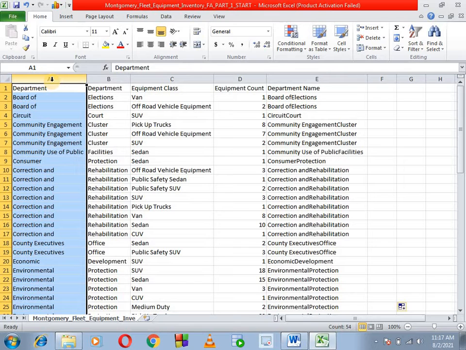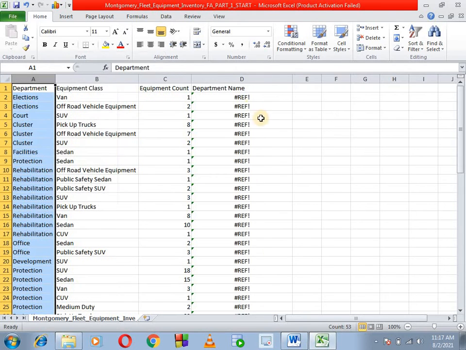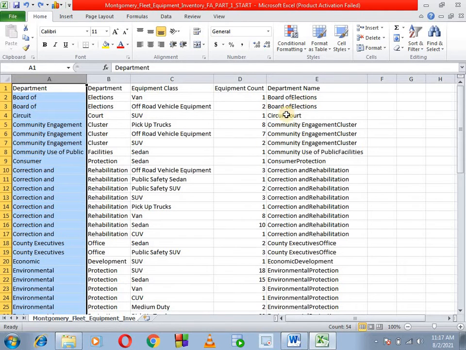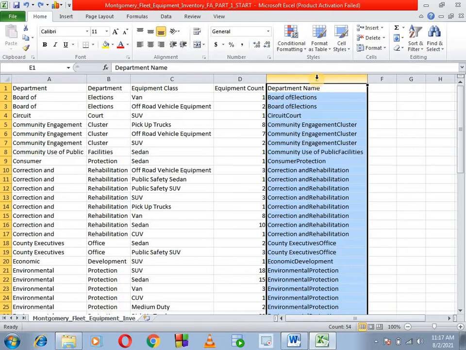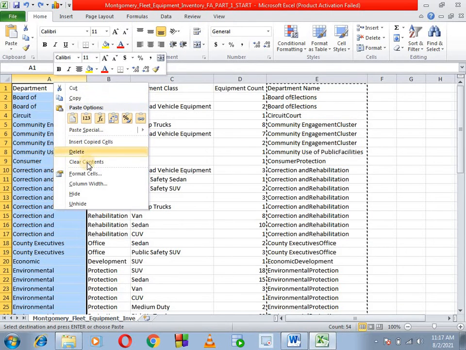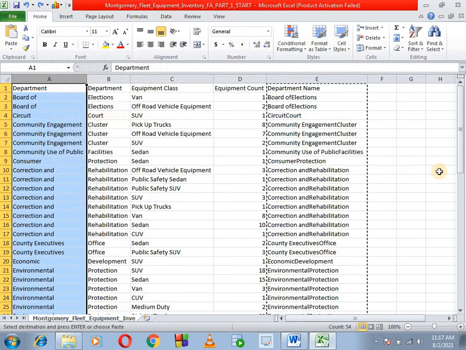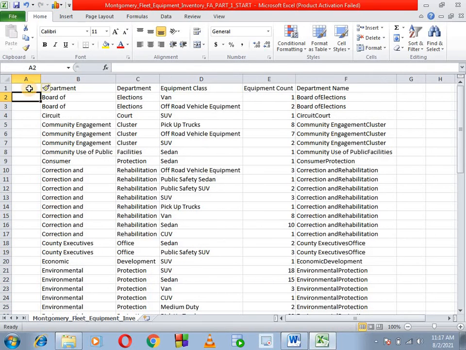Let's see what error. Just delete this, and we get a reference error. Why is this a reference error? Because this column depends on these 2 columns, and we can't delete them because it references them. So we can press Control C to copy, and insert a column to the left first.